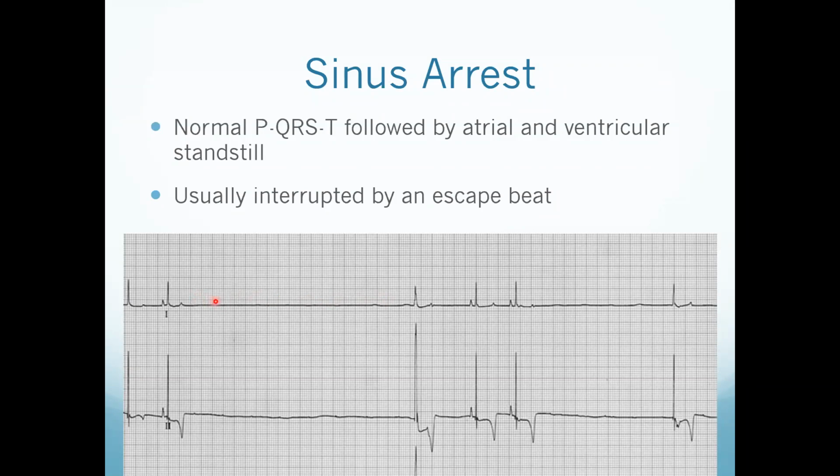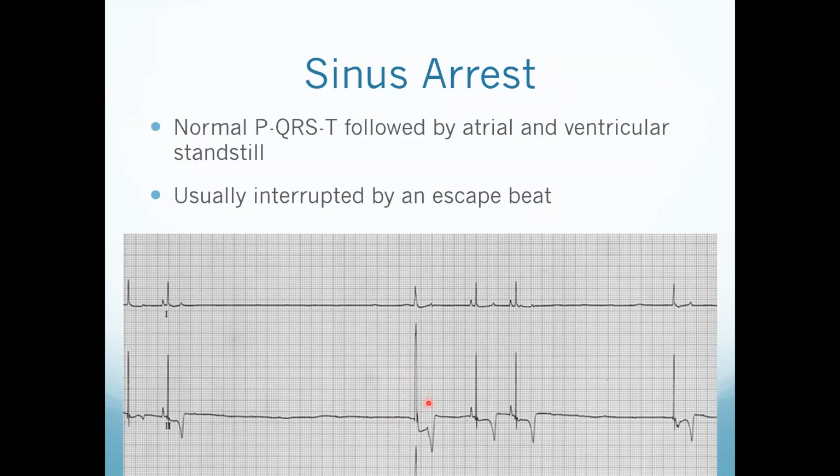Okay, so our sinus node is simply shut down. P waves are not responding, but then occasionally they'll sporadically have a P wave. So this is all an issue with the sinus node. It's simply firing and then forgetting to fire. And then the ventricles get a little bit tired of waiting, they get a bit impatient, and they're going to